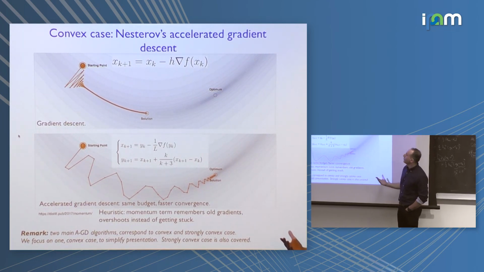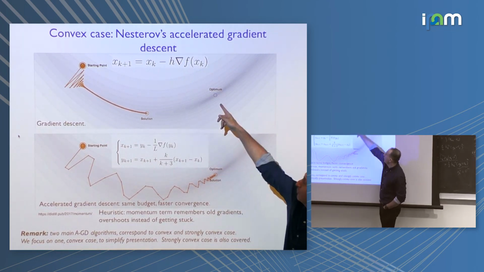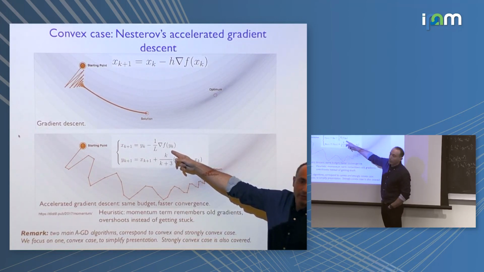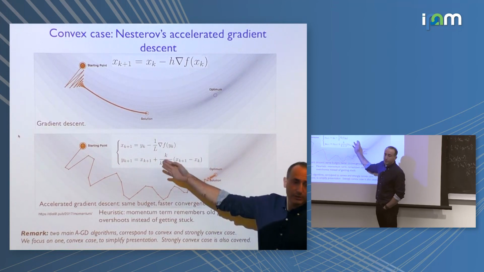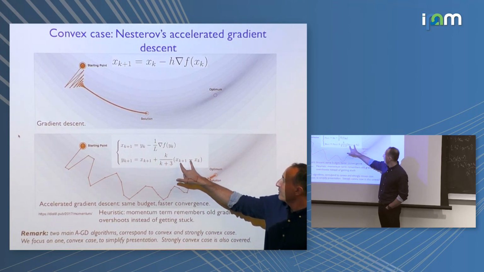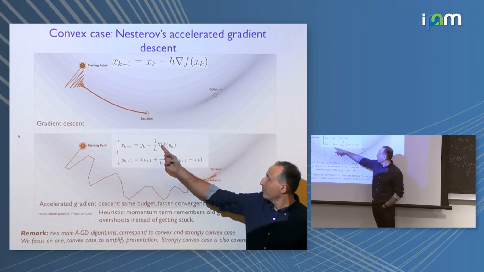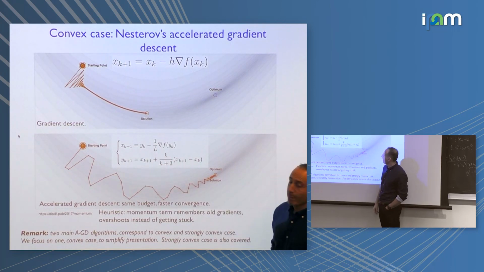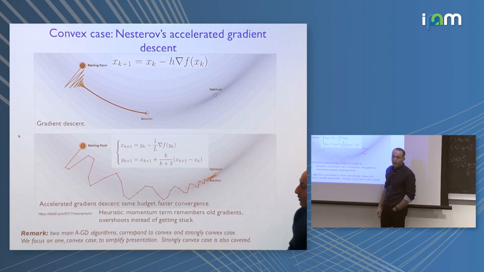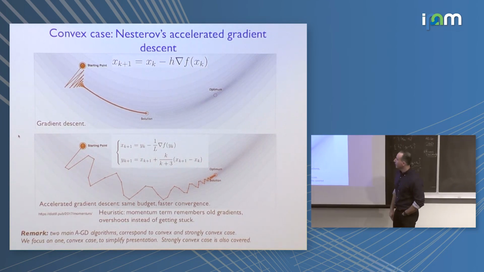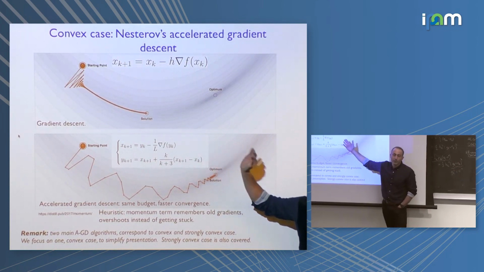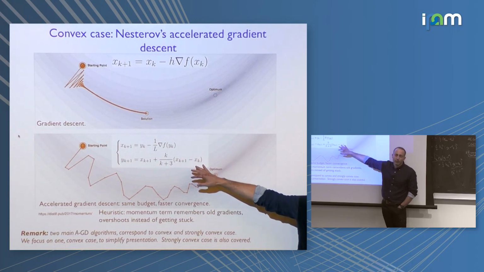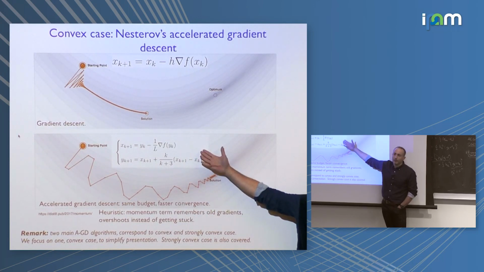And it's basically for free, because you've got one gradient there, and here you've got one gradient, but all you're doing is some kind of extrapolation from your previous values to your next value that you then plug in to the gradient. Okay, so it's called Nesterov's accelerated gradient descent. There's more than one of them. Actually, there's two different versions. One is for the strongly convex case, which I didn't write down, and this is the one I wrote down